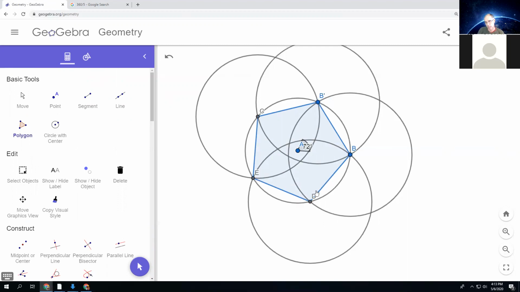They each have the same exterior angle measure. What is the exterior angle measure? Sorry, interior angle measure, vertex angle. What is the measure of the interior angle of a regular pentagon? That's an excellent question. But just to make it prettier, I'm going to add this last circle, because then I